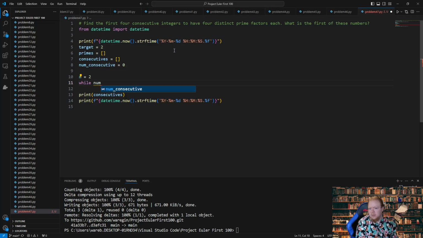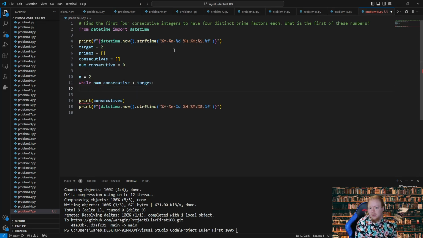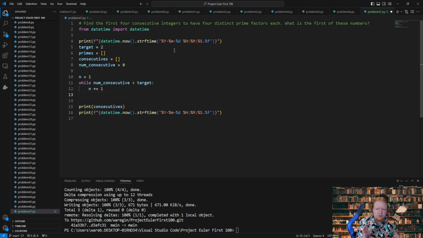While num consecutive is less than target, I'm going to do n plus equal to 1. So n is kind of starting as 2 here, sort of. And then what do we want to do? We want to check